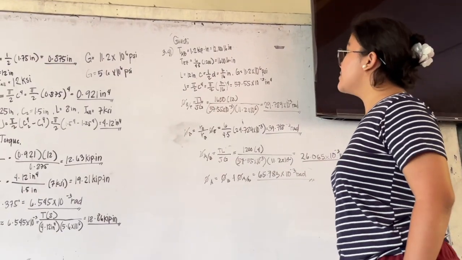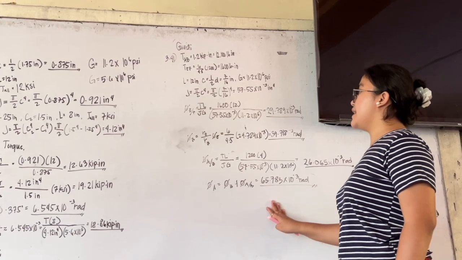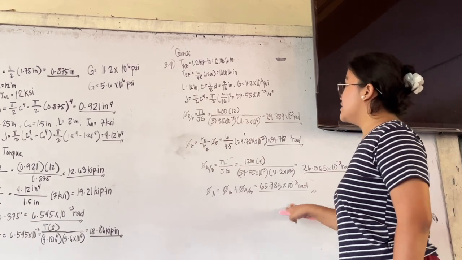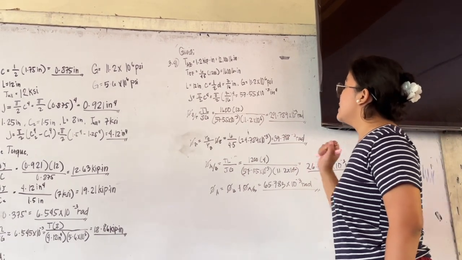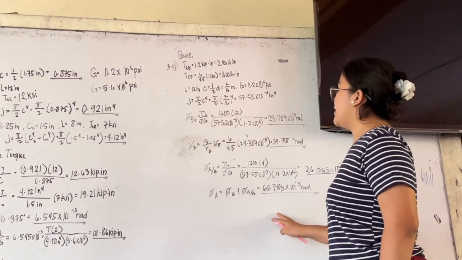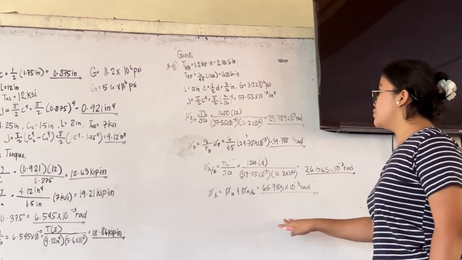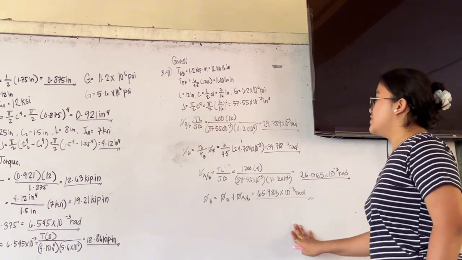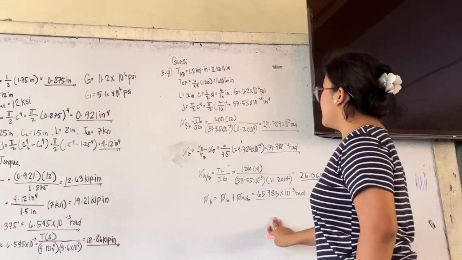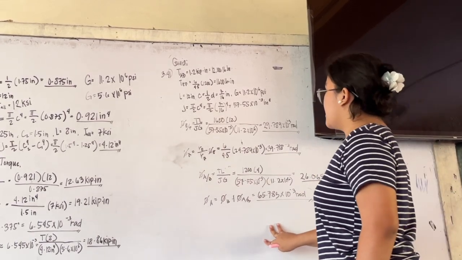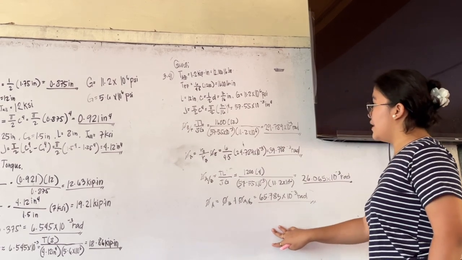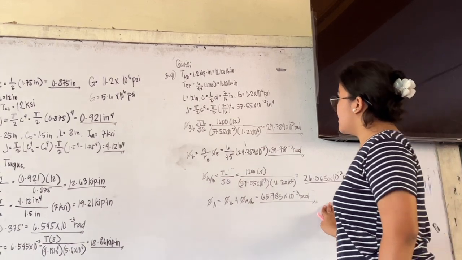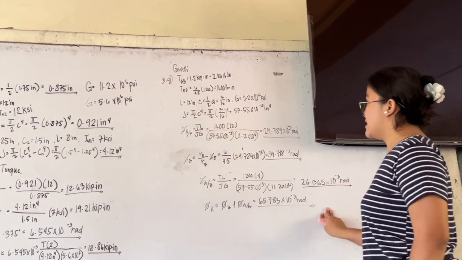For problem 3.41, we have a given of TAB is equal to 1.26 inches, which results in 12,000 pound inches, and TEF is equal to 6 over 4.5 times 1,200, which is equal to 1,600 pound inches. Our length is equal to 12 inches, and our C is equal to 1/2 times B. So we plug in, and it is equal to 7 over 16 inches.